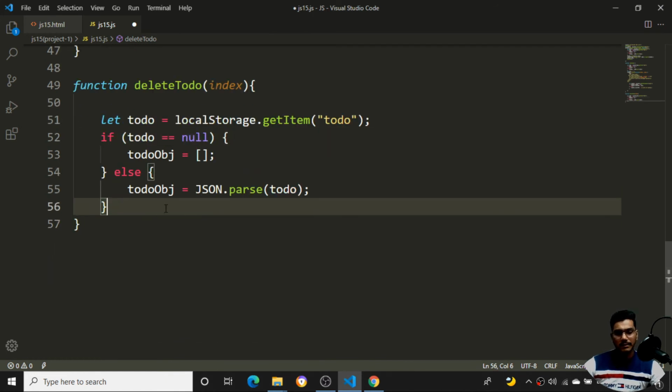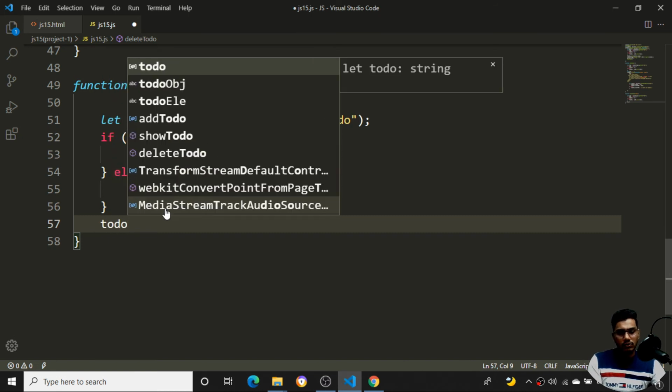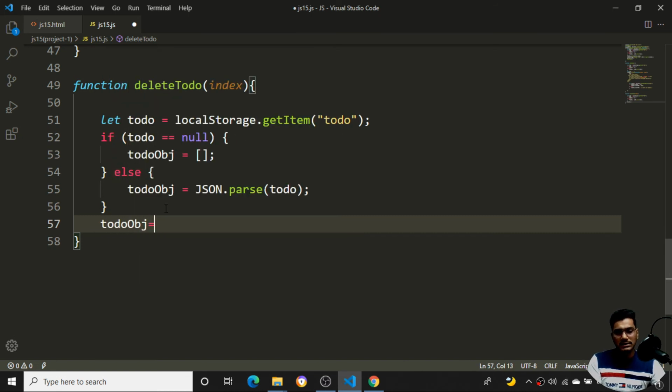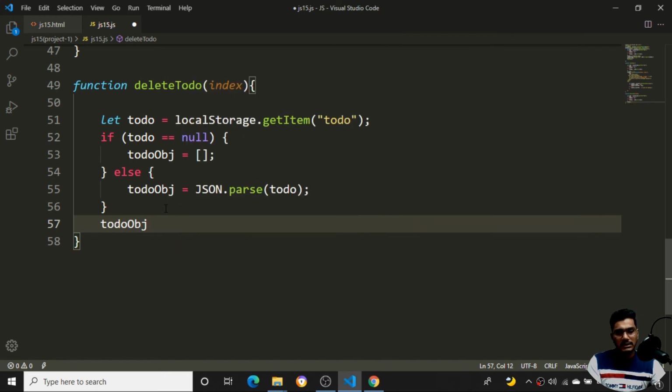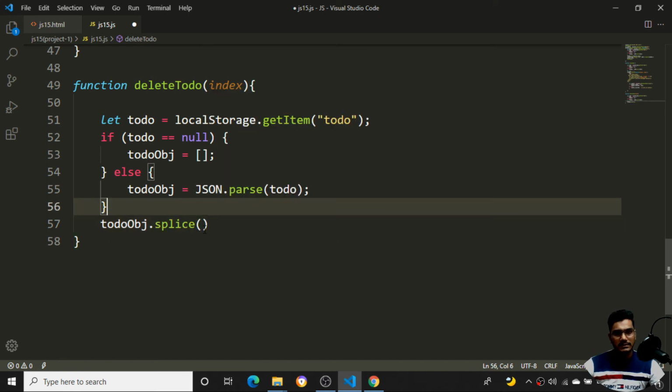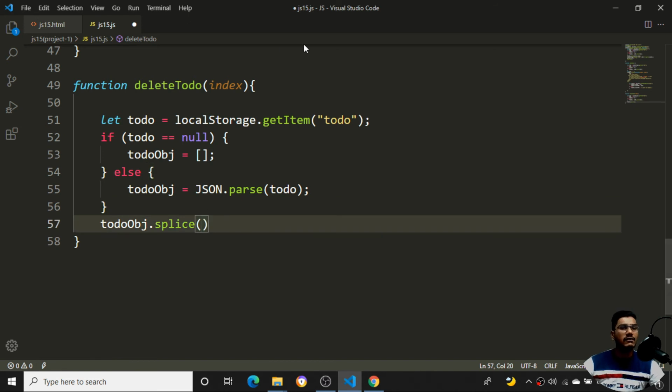After passing the elements, I need to say to do dot obj is equal to JSON dot parse the particular to do. So I have parsed it. Now for to do dot obj, I will be using the concept of splice. I explained splice in my previous video, what it does. It will act as a splicing like that. Here, whatever the to do object is, I'll be getting an ID when I click the button. From that ID, I need to get the position of indexing of the first position.